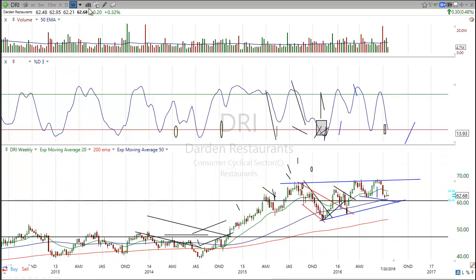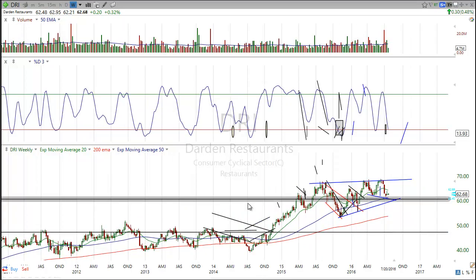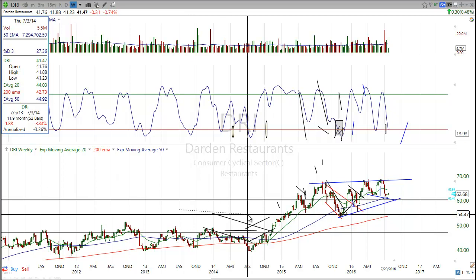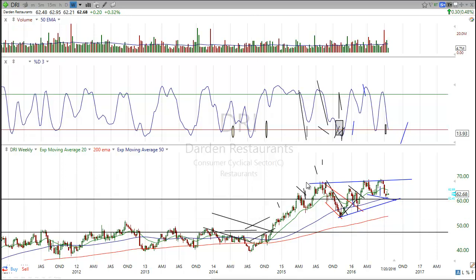The weekly on this looks good. It started to get down oversold. It's not often that Darden Restaurants comes down on the weekly, so you can look very easily back at the weekly here, 2013, the weekly here. All of them had some follow through. This one was the biggest one, of course, the big rally, and then we got down oversold here,